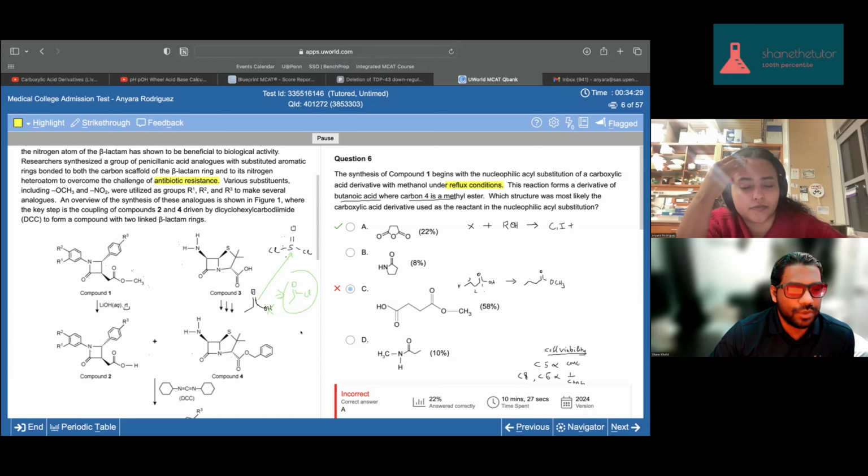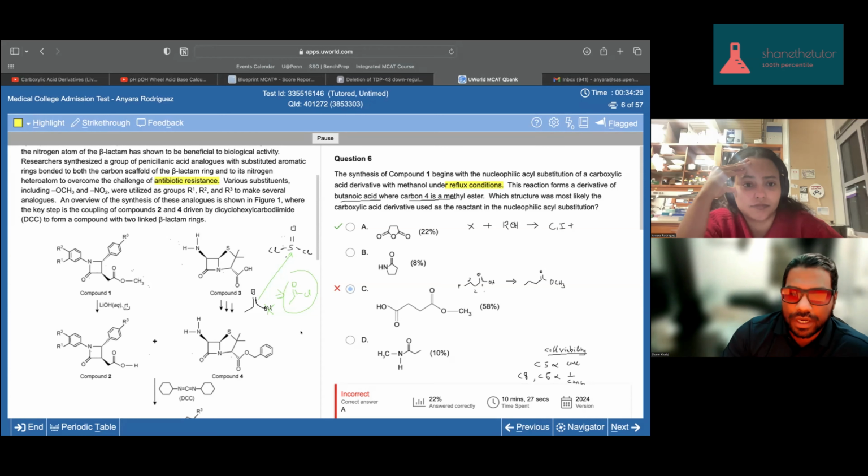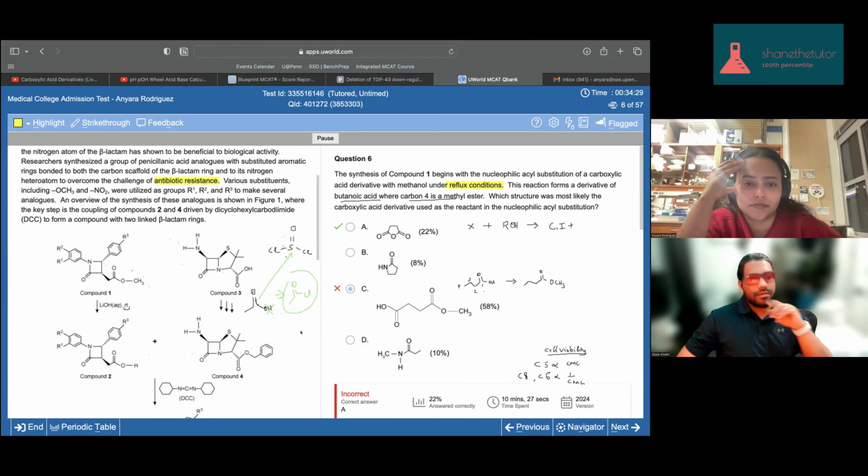So for example, if you had two carboxylic acids, you would get your anhydride. But if you had an acid chloride plus a carboxylic acid in base, you can also get an anhydride. But essentially, I can send you some type of list of the different carboxylic acid derivatives. But just for this problem,